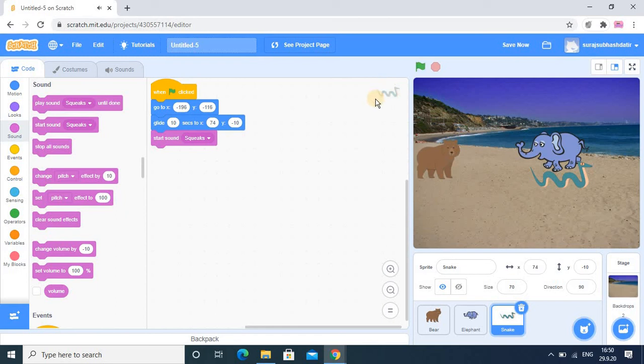And then after stopping, snake will create some voice. So this is the project, and in this project we have used 3 sprites, and there is a communication between these 3. So I hope now you understood how you can use multiple sprites, and in the next coming project we will see more options also, and we will go step by step so that you can easily learn it.